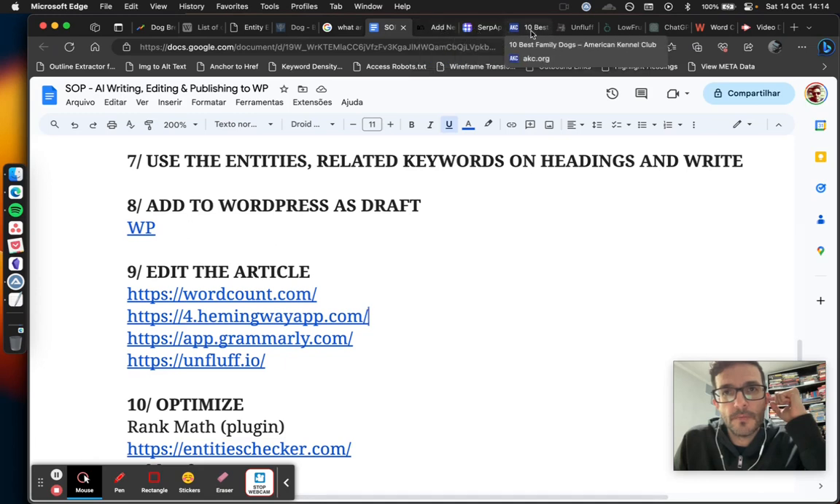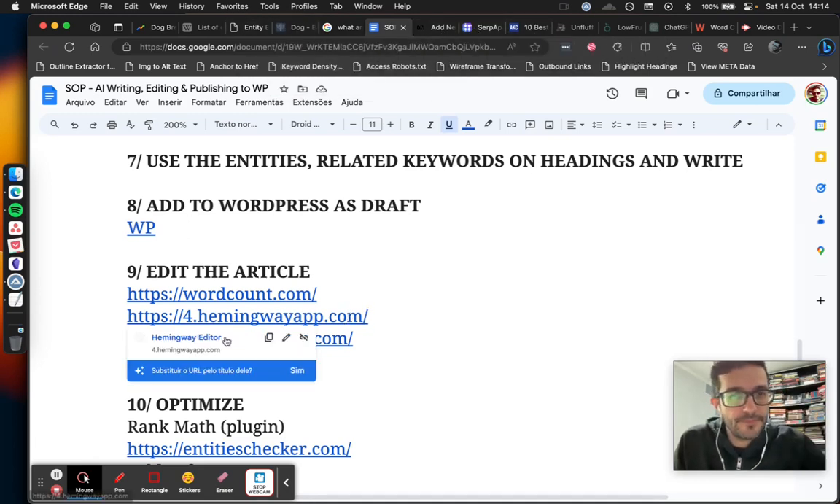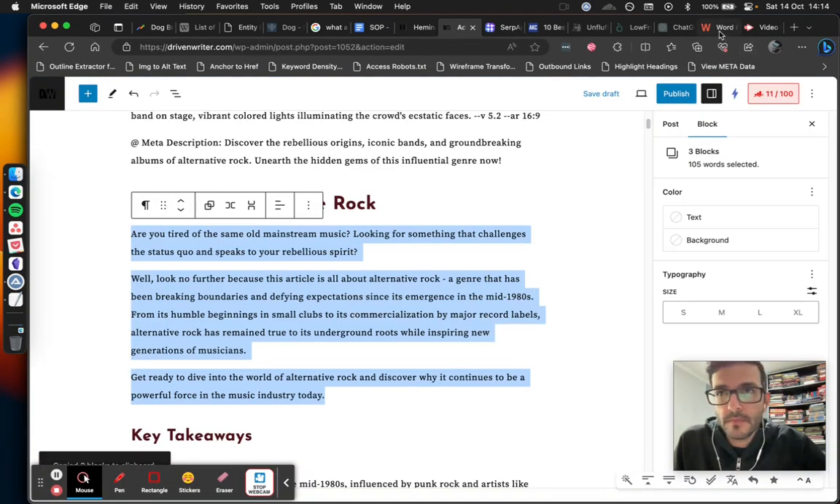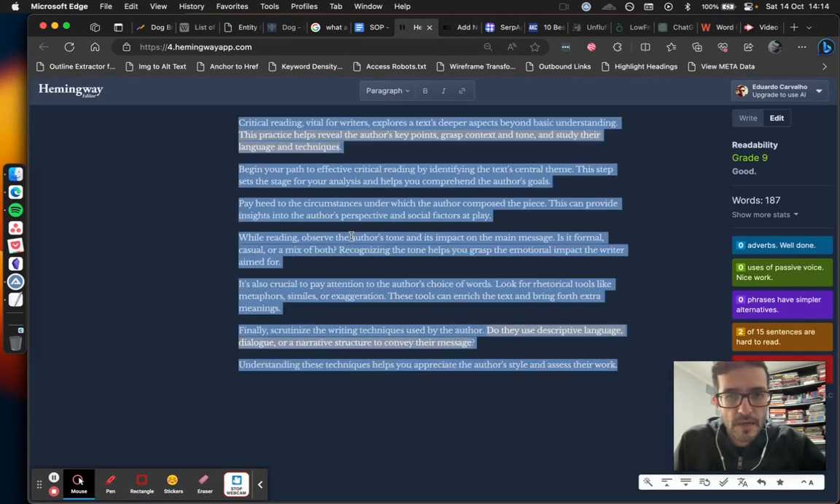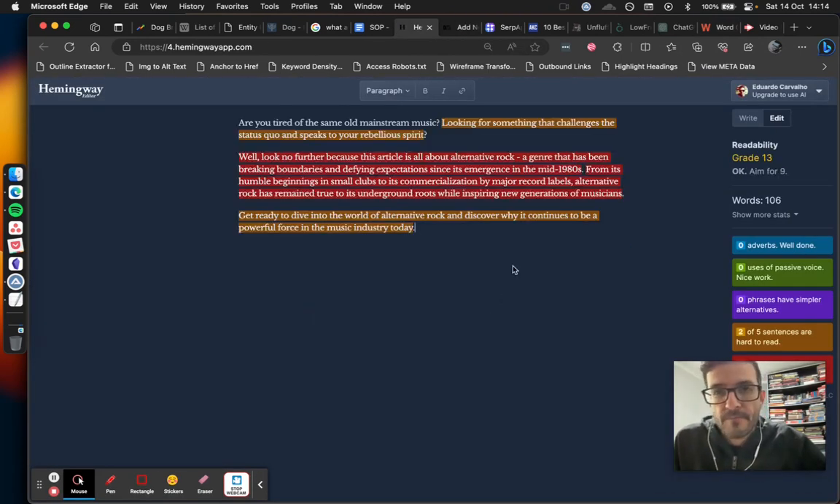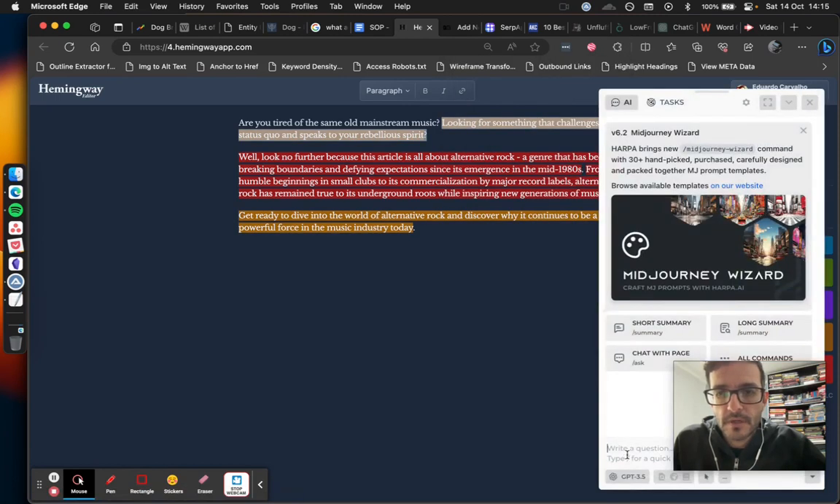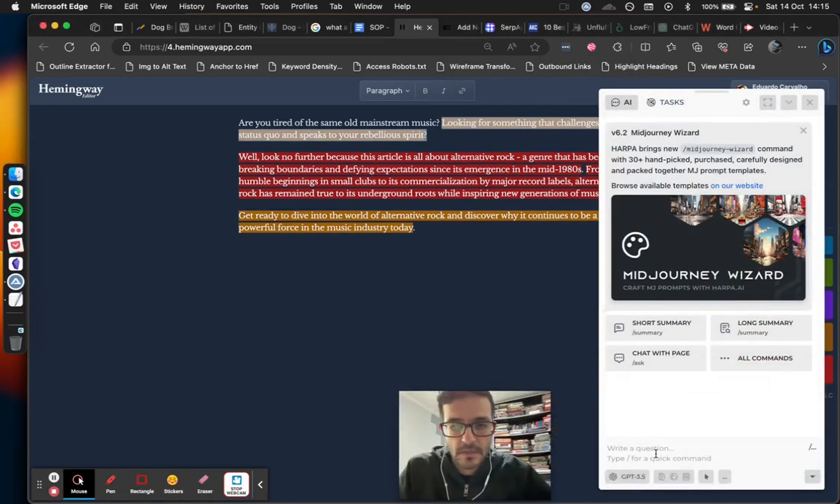The other thing we can do is to go to Hemingway app. You don't need to pay for it. If you want to, it's fine. But I found a way to use it with Harpa AI. So what I basically do here is I copy, get into Harpa, and